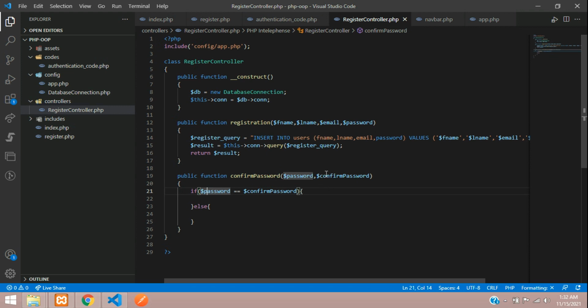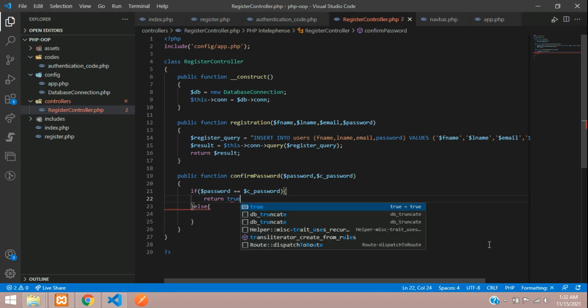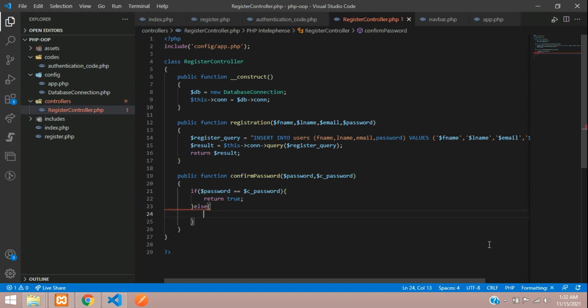Okay, if you're getting confused you can just put C password. So let's take and paste here. And now inside this, if it's correct means you are going to return true, else you will return false. Okay,